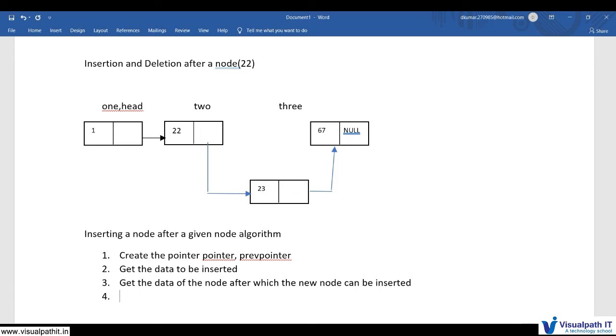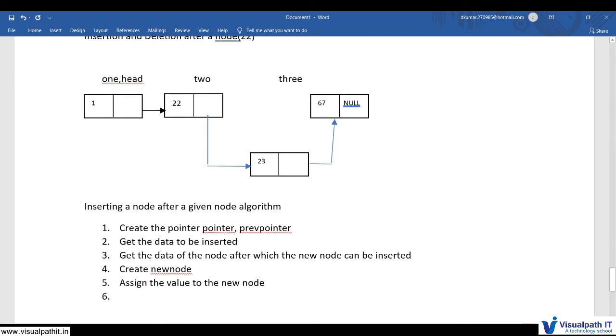So next, create a new node, then assign the value to the new node. Okay, right? Next, check the previous pointer is having the